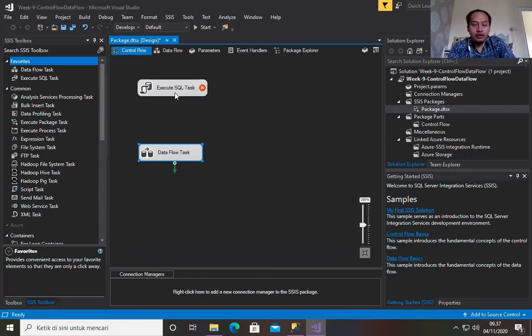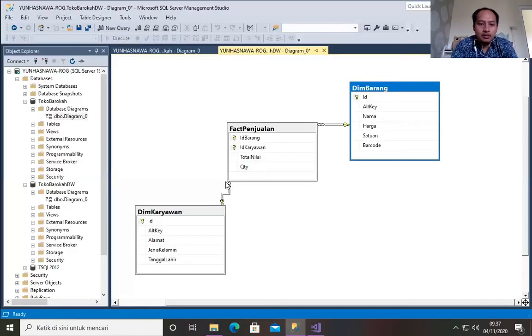The very first thing I want to make sure of is that my table is empty, so the data will not be redundant. Right now we want to import the data into dim karyawan. Oh sorry, into dim barang. Barang means item.